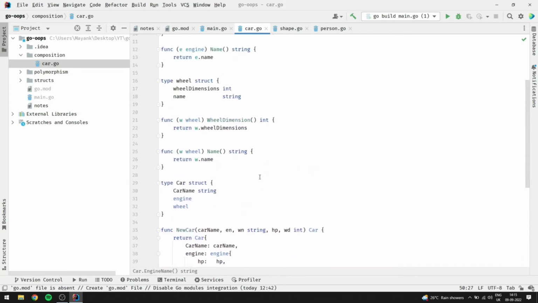Okay, hope that you have understood about the composition. If you have any doubts, you can write in the comment section. And now